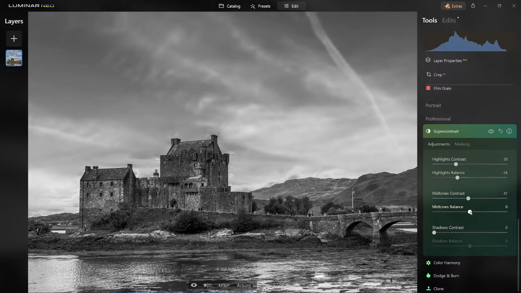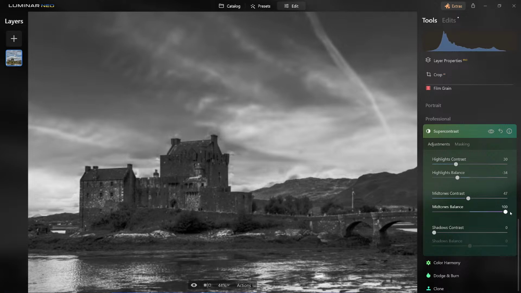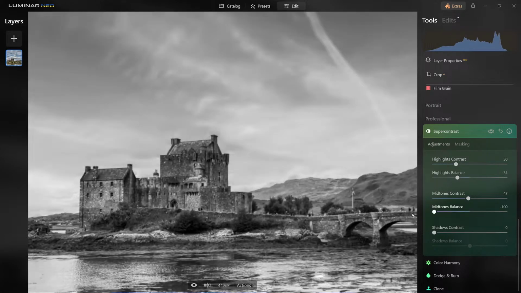Now the balance is what's going to help us. All right. So look at, if we go to a positive or to the negative. So we're going to try to play in between. And I think, yeah, right about here is looking good. Yeah, that looks good. All right. And then last is our shadows. Here we are. I'm going to increase the shadows. However, what I want to make sure I do with the balancing act,